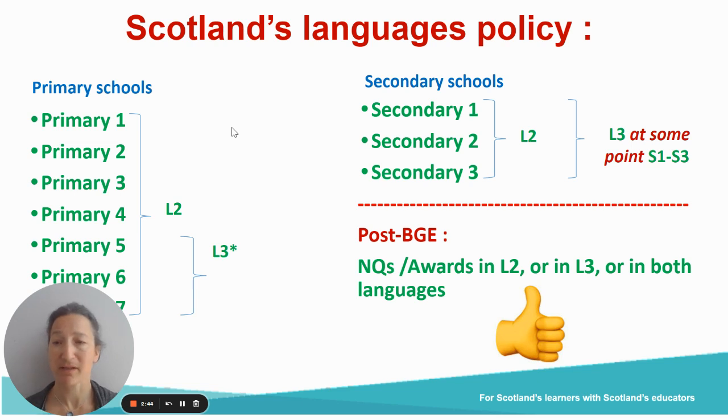The L3 would be started in P5, and in primary, pupils would have an experience of the L3 in P5, 6 and 7. And this could be organised in different ways. It could be the same language over the 3 years, taught every week, for instance. It could be a language taught in a block of time, such as a term, to give learners a chance to progress. It needs to go beyond word level, so there needs to be a progression where learners can put together short phrases or sentences,